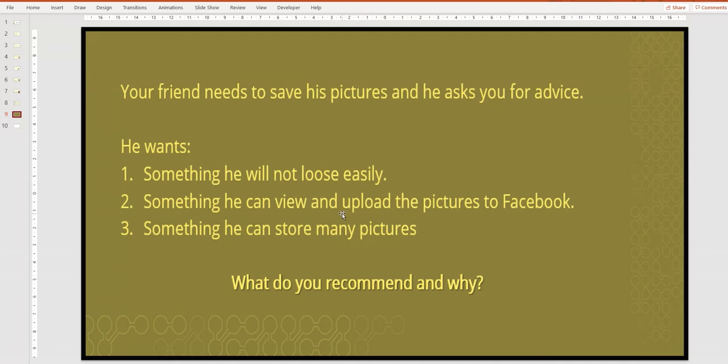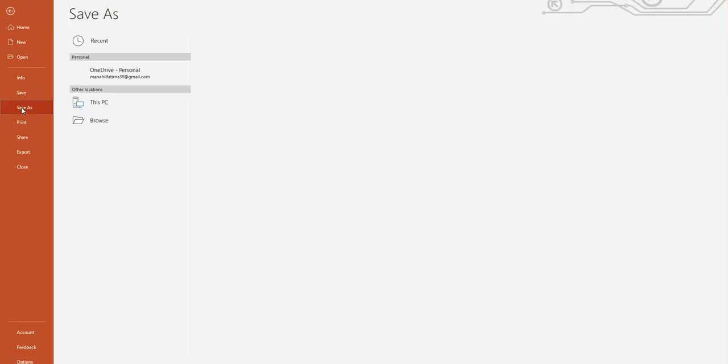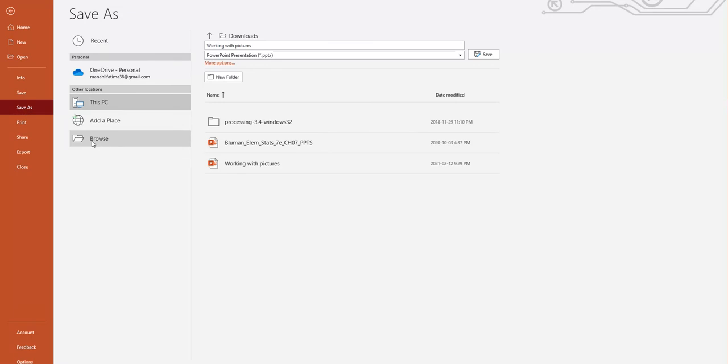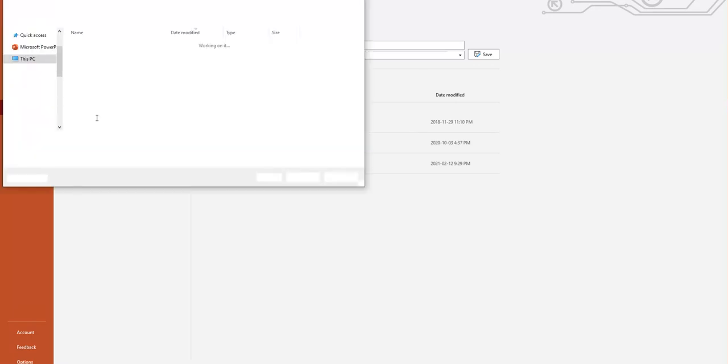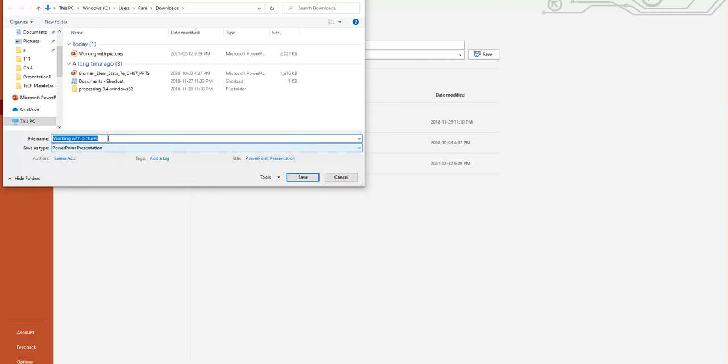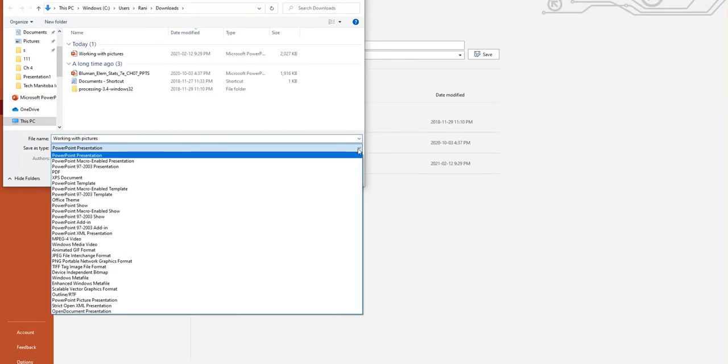Right, now I will show you the extension. Suppose this is your picture, you want to save it, so you have to click on this file tab and then save as. Then you have to click on this browse button. See here, whatever name you want to give to your file, that is fine, but save as type. Open this arrow.